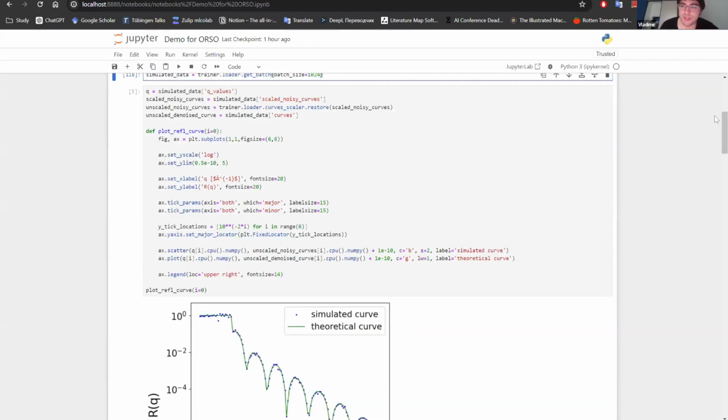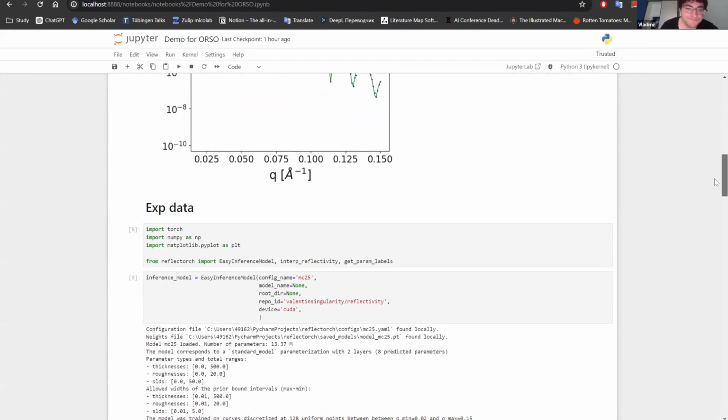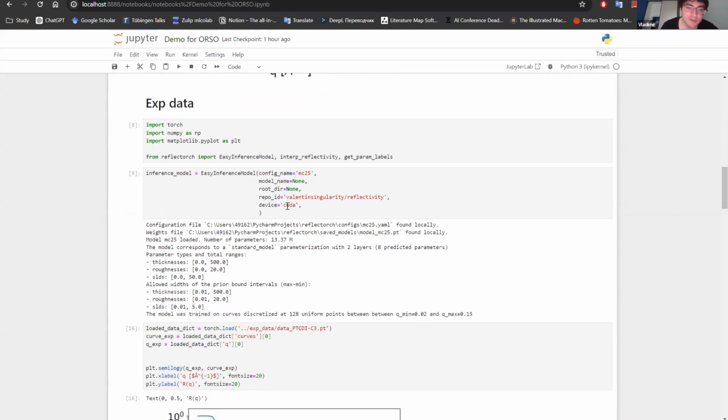And here's a quick demonstration of how we can use it. The main method here is just inference model. You provide the configuration name and the repository on Hugging Face, and it doesn't have to be this one, so we can make some more general repository for reflectivity.